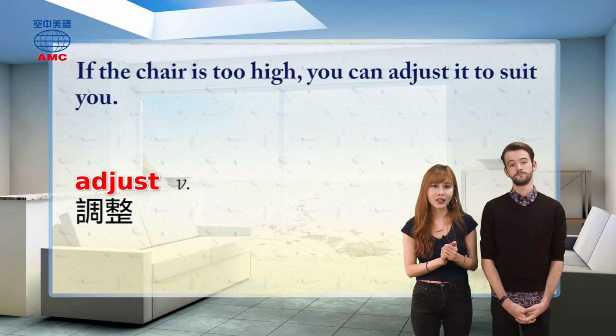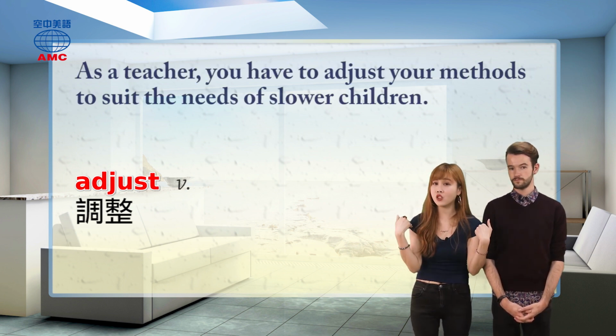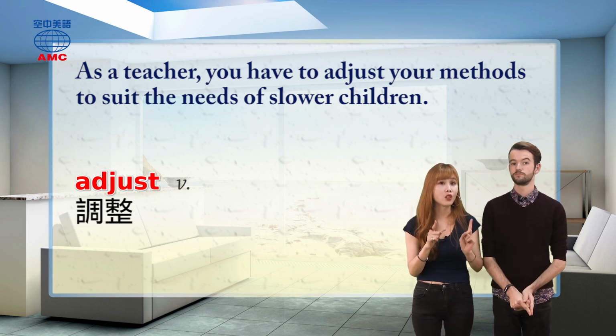If the chair is too high, you can adjust it to suit you. And as a teacher, I think you have to adjust your methods to suit the needs of slower children